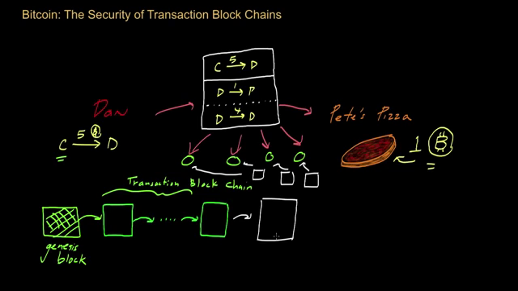Now, each of these proof of work puzzles that is associated with a transaction block happens to have a difficulty score associated with it. And this difficulty basically represents how hard it was to solve that proof of work puzzle. So imagine that there are some numbers, and we'll call them d sub n for the most recent difficulty score, d sub n minus 1, and so on. These are just numbers that somehow represent how hard it was to solve this proof of work.